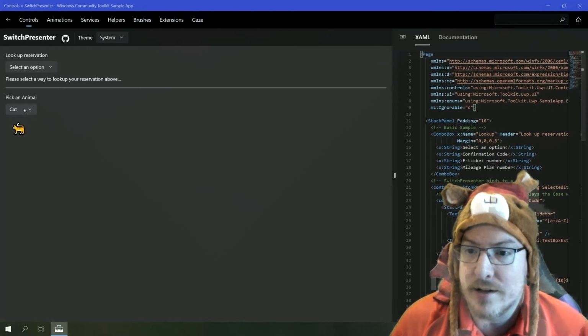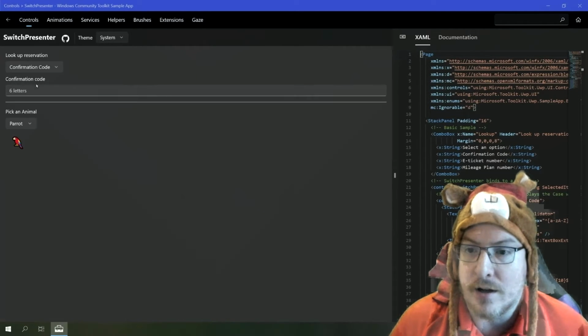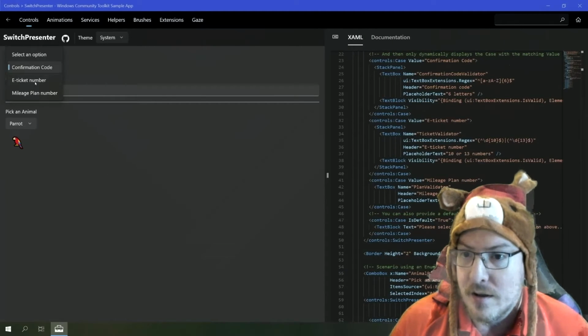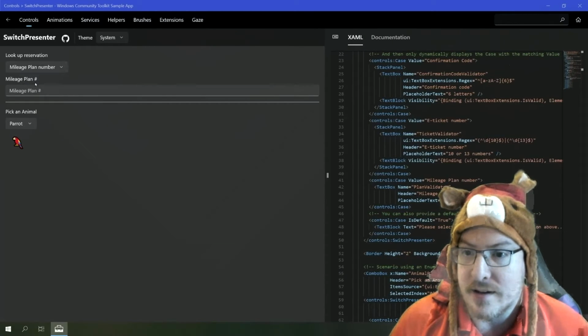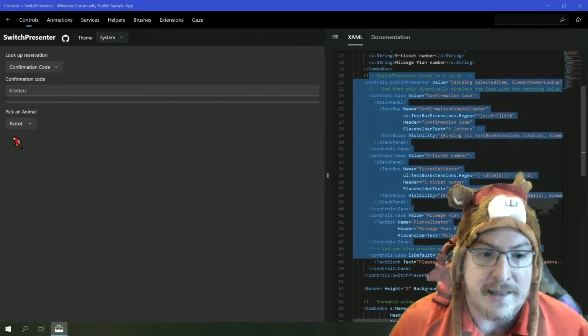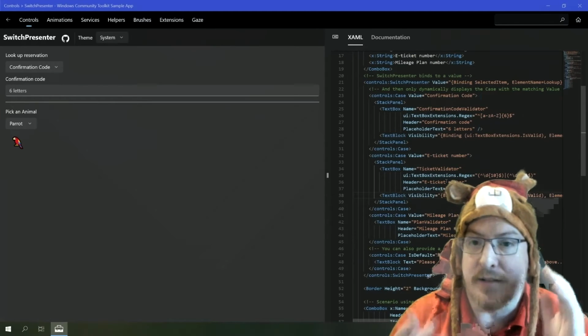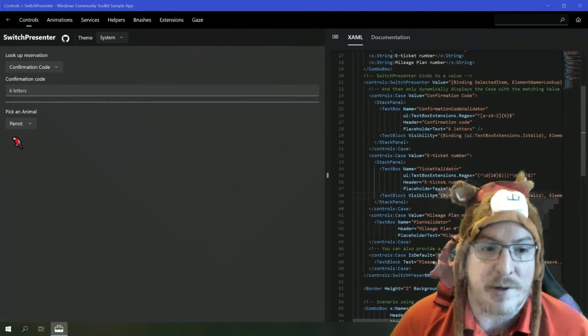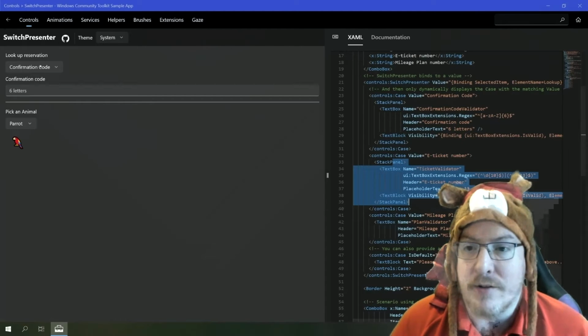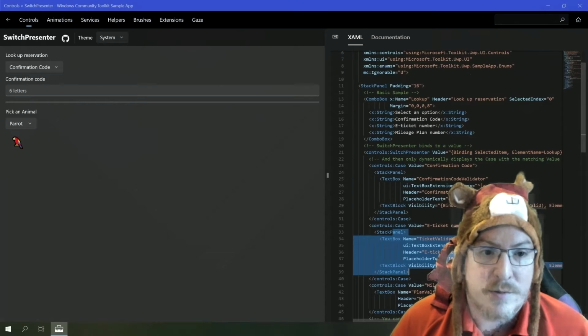like the switch presenter, which allows you to do switch statement logic within your UI XAML code here. And so you can see I can present different types of UIs here based on this selection and lay that out nicely here without having to toggle a whole bunch of visibility properties and other things. It's nicely organized based on a value that I can switch on, in this case,